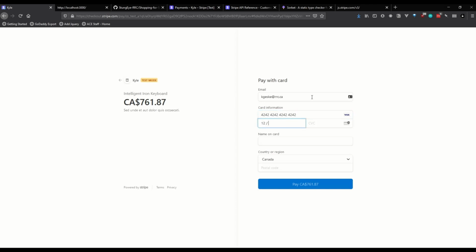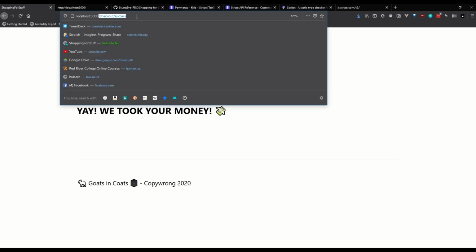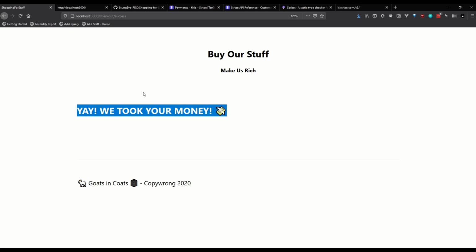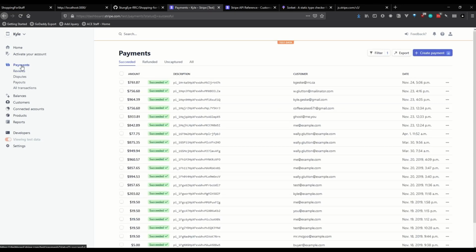I put my expiry date in here and my secret back of the card code. This is Kyle Geske's card here. And now we're gonna fire this off to Stripe. Little check mark. It redirects me back to my checkout success page. Look at that. Yay, we took your money. That's also cool. And if we go back over here and I reload my payments, let's go back to payments. Look at this new payment that just came in from a certain Kyle Geske,